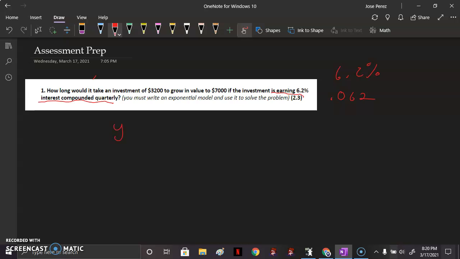So the model will be y equals 3,200 times (1 plus 0.062 over 4), because it says quarters and there are 4 quarters in a year, to the power of 4x. And next, it wants us to figure out when the value will be 7,000. So y will be 7,000. So 7,000 is equal to